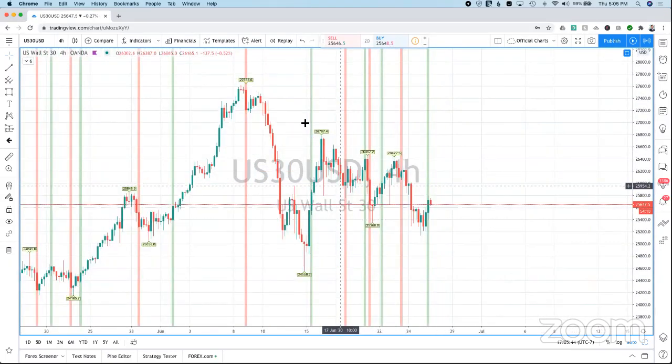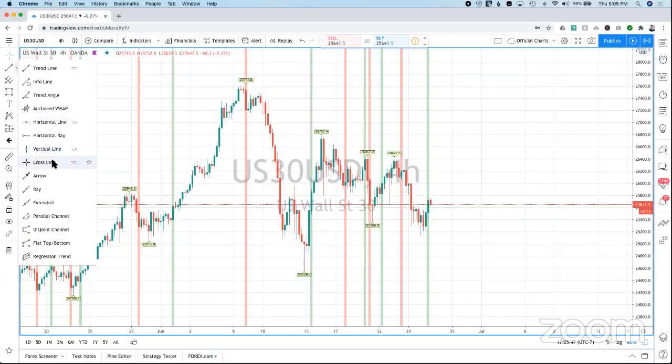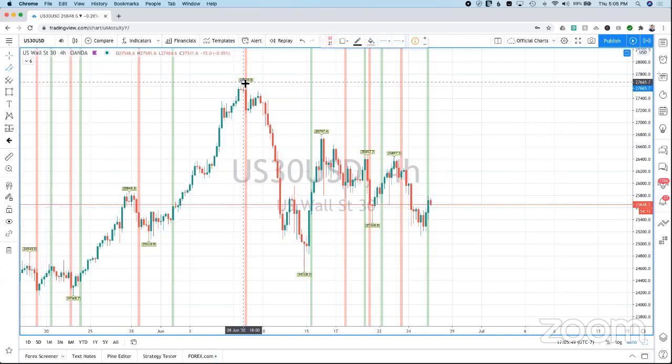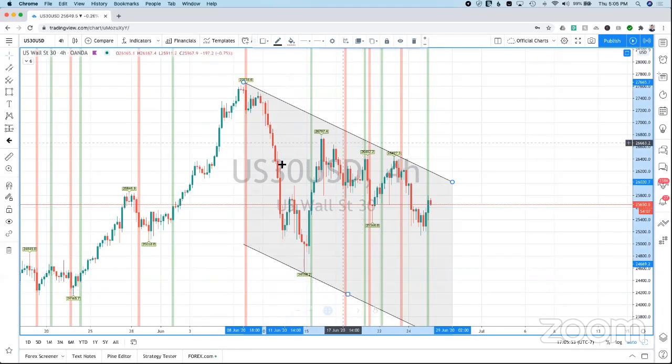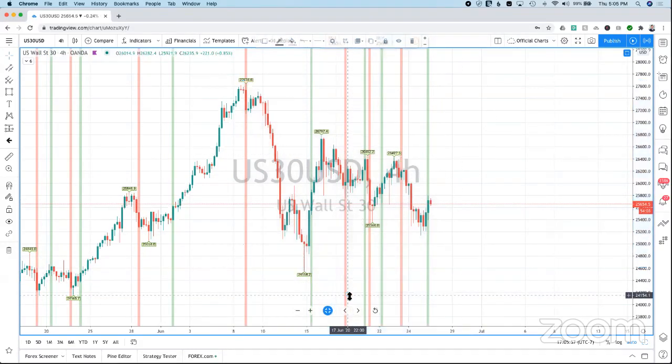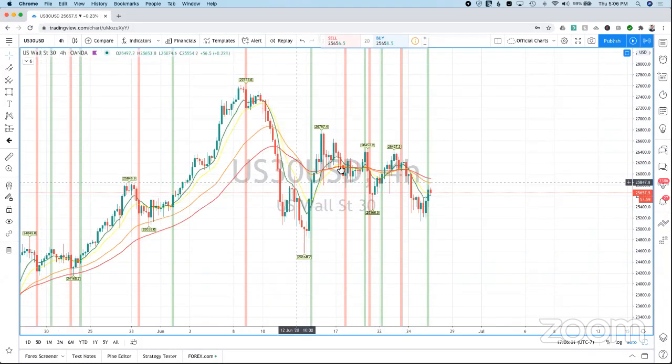It just looks like price is in a downward trend. So if you draw these parallel lines, it looks like price is in a downward trend. And this is how a normal trader would look at the market because they don't have the K² indicator. So if you turn on the K² pivots indicator, you can see that the market's actually a mess right